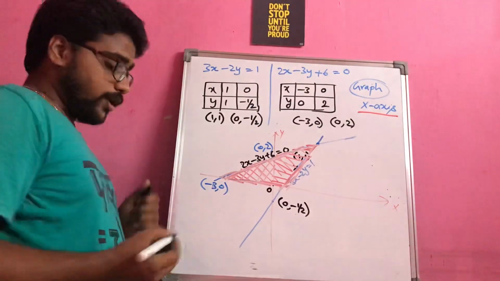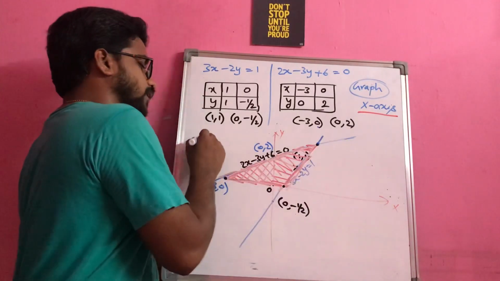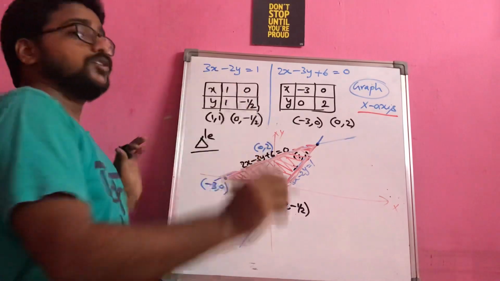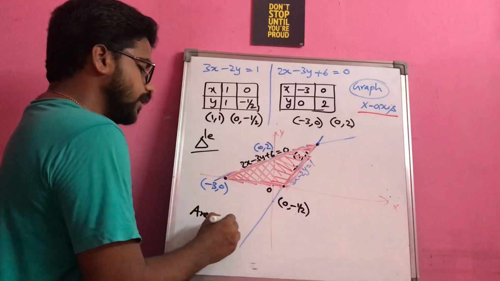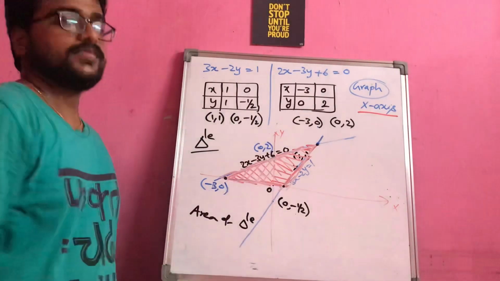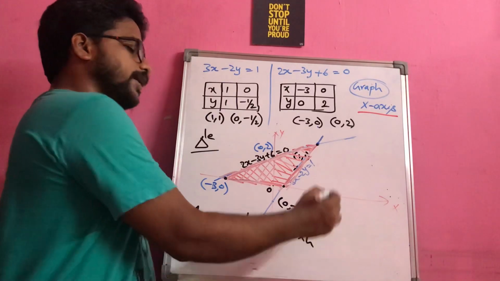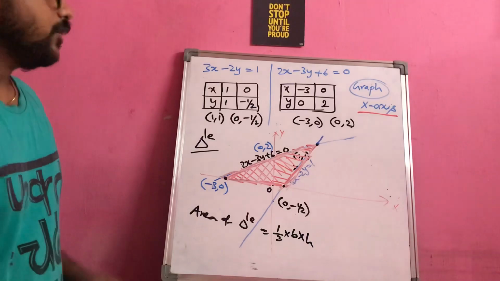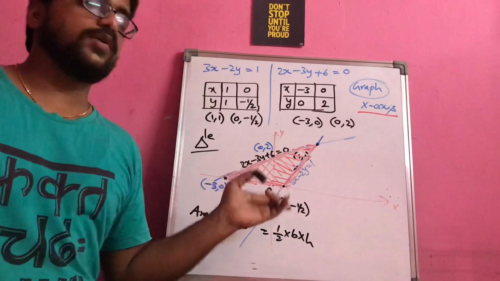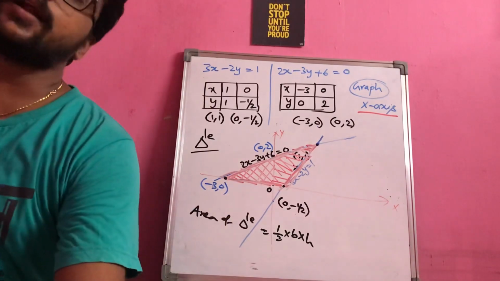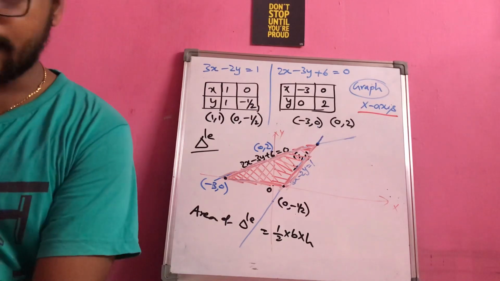Why? Because the points that I have here obviously form a triangular region. So I can extend this question by asking you to find the area of the triangle so formed. In that case, you have to use the formula half into base into height to find the area of a triangle. But if you don't identify the corner points or the vertices of the triangle correctly, you cannot get the answer correctly. That is the important thing. Okay, so hope you got clarity in this.